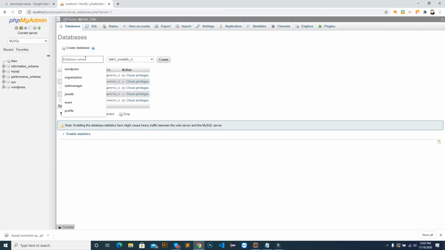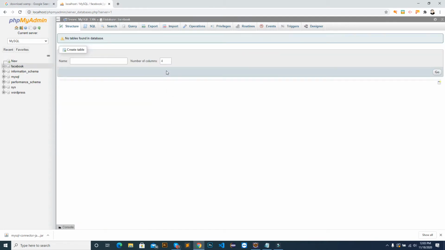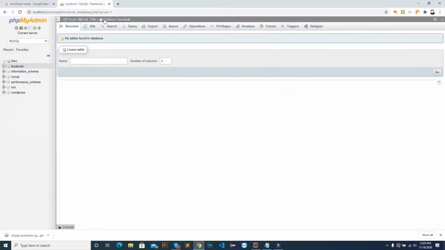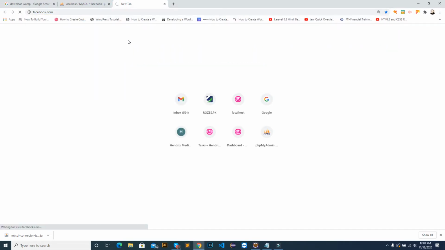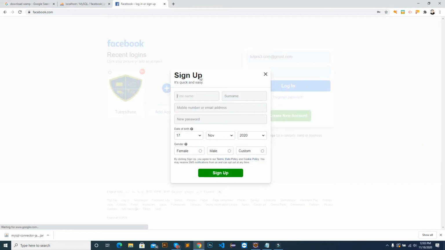Now the database, for example, is named Facebook, and it is created. Now I go to facebook.com and click create new account. You see this dialog box, or sign up page.